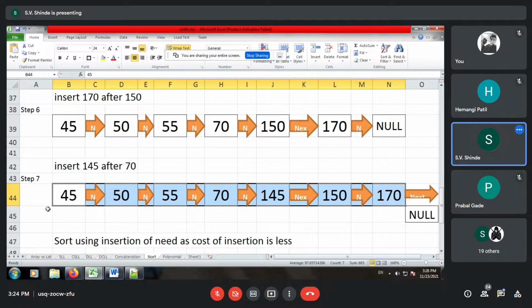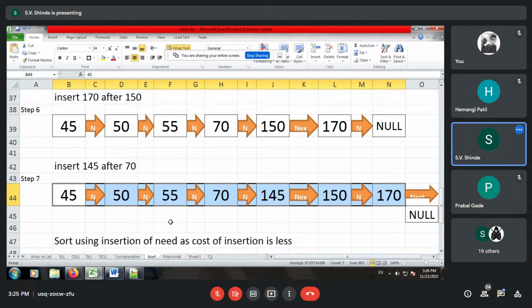Now, if your data is sorted in terms of a linked list, can anybody tell me what is the worst case of searching contents within a sorted linked list? If there are n number of elements, the worst case over here is directly O of n.